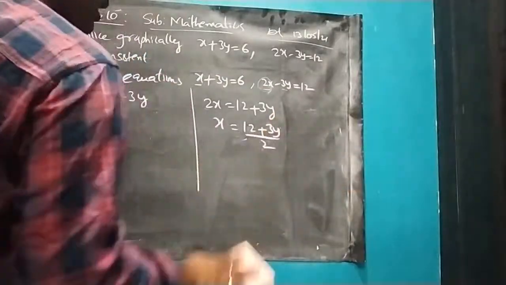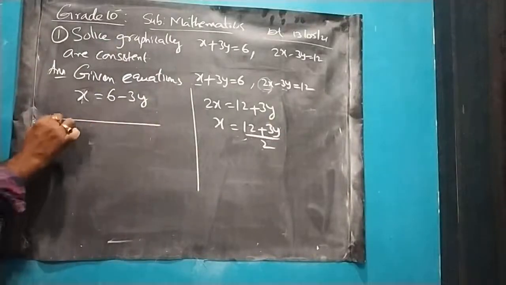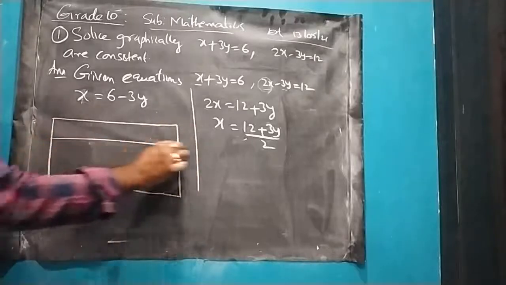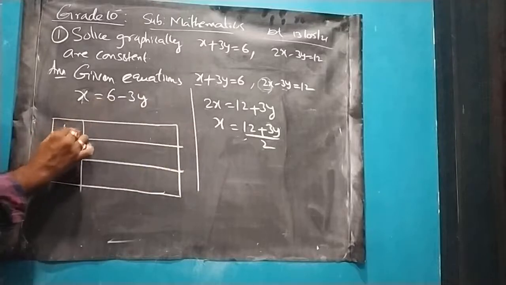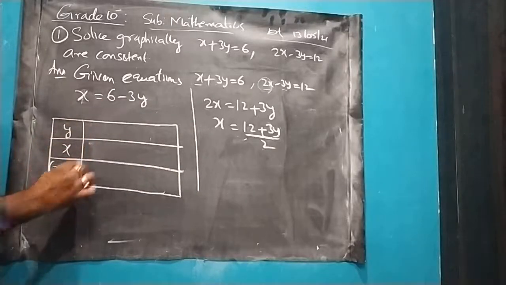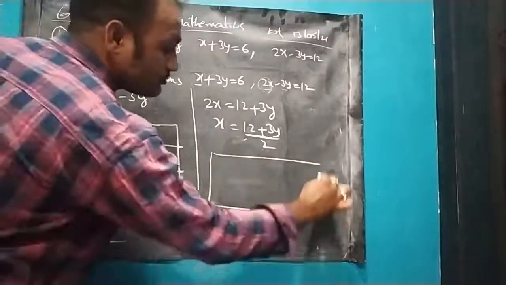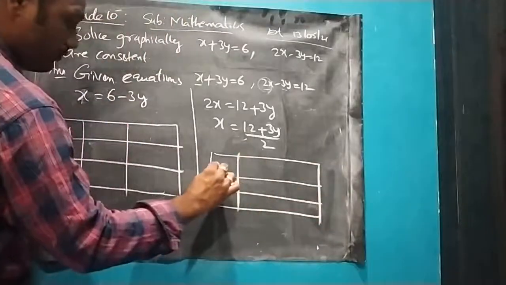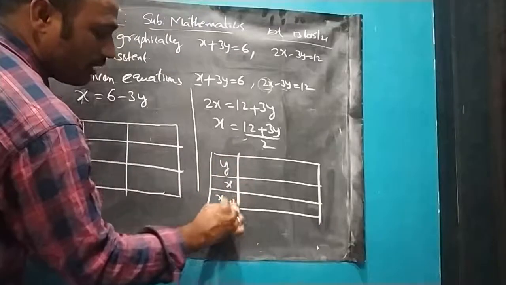Okay. After doing this, now let us start substituting the values directly. So 2 points are enough for us. So we are substituting which values? y values. We are getting x value. The point is (x, y). 2 points are enough. Here also 2 points are enough. We are substituting y values, we are getting x value. The point is (x, y).